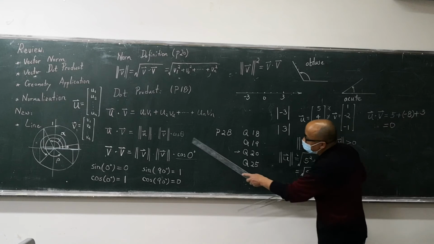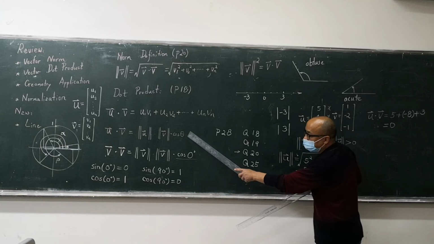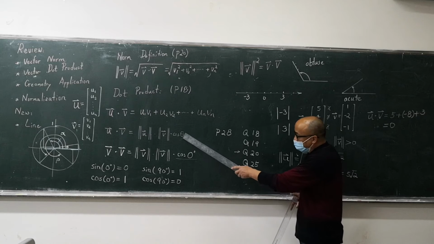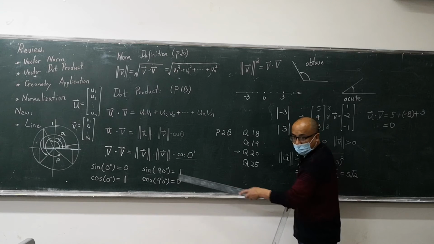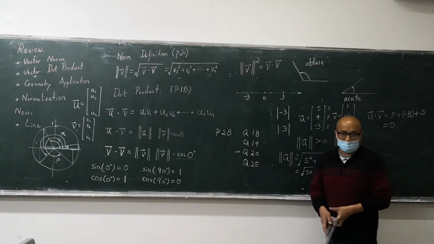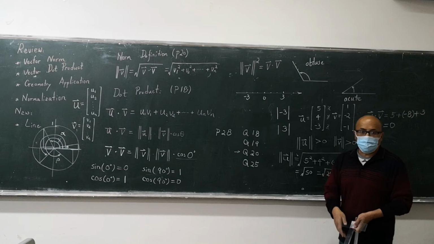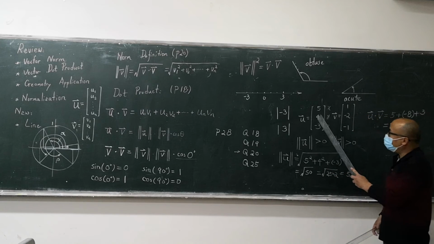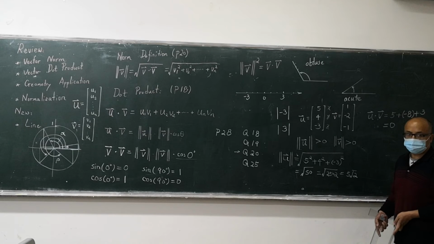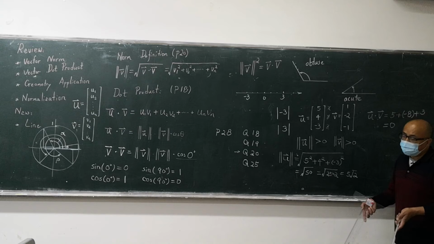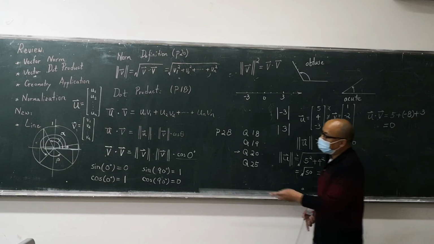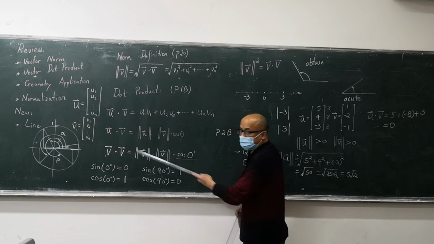So this proves that this angle is 90 degrees. This is the power of math. We can visualize it for simple vectors, but for more complicated vectors we cannot even visualize it. But it doesn't matter. If the dot product is 0,